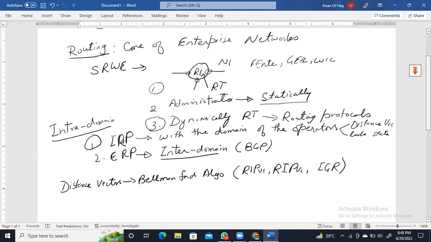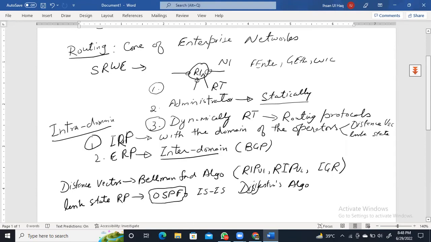Okay. While this course puts more emphasis on the link state routing protocols, good examples are OSPF and IS-IS, Intermediate System to Intermediate System. But this course mostly emphasizes OSPF. And do remember that link state routing protocols use Dijkstra's algorithm to find the best path, right? So ladies and gentlemen,